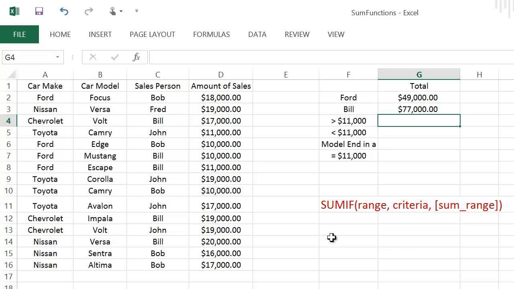Now, what if I only wanted to add up the total amount of money for the cars that were over $11,000? So in other words, you see this 10,000, 10,000, 11,000, 10,000 here. Those values will not be included in the sum because it's only going to be those greater than $11,000. Alright, so for this, it's going to be the same thing, equals